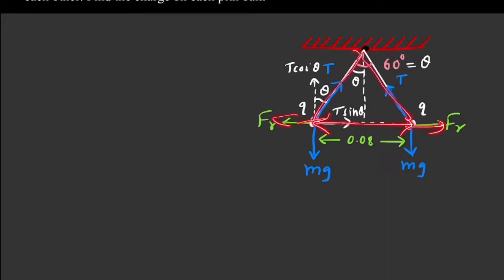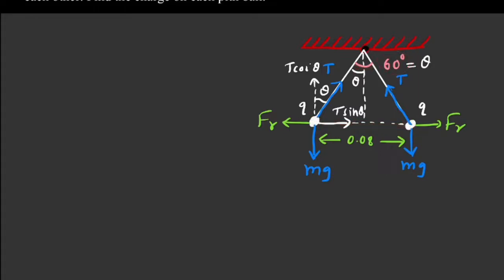And now see, when these two charges repel each other by a certain repulsive force, because they are attached to the same support, after some time, after repelling to a certain distance of 0.08 meter, they come into equilibrium. Now these two charges are in equilibrium. The repulsive force between them at this distance is balanced, and these two charges are in equilibrium for this angle of 60 degrees.